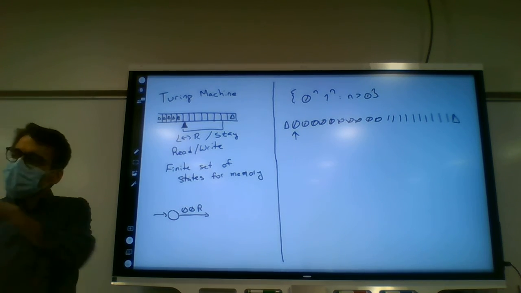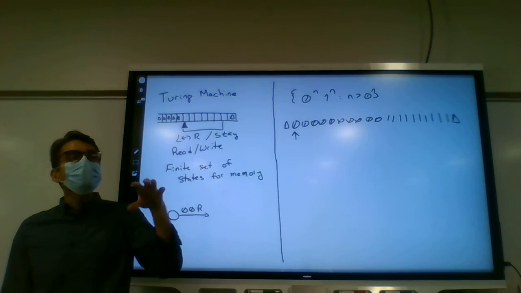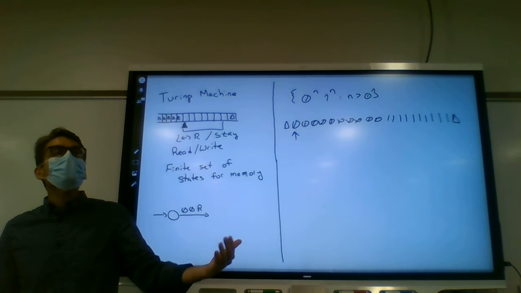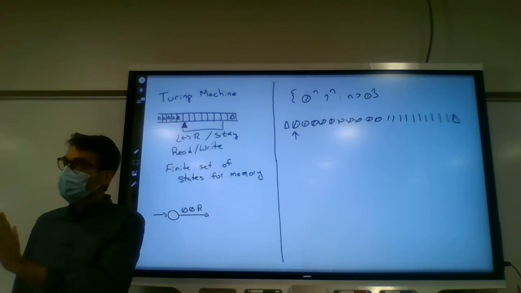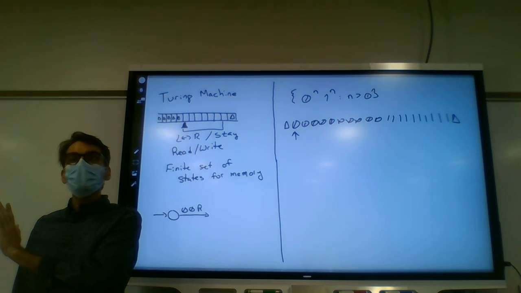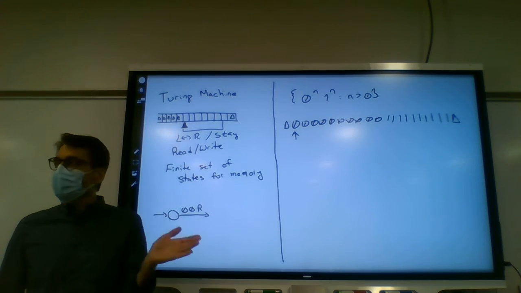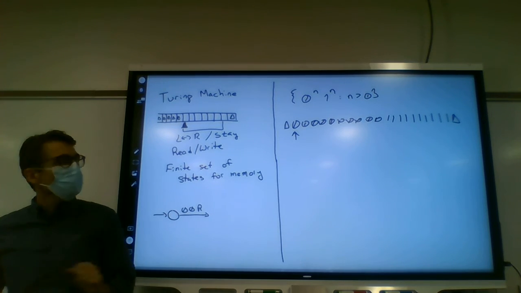Yeah. So let's take that idea, right? What are we allowed to do now? We're allowed to do something more than we were allowed to do before. Before, once you used a symbol, you couldn't go back to it. But now we're able to move back and forth. You can compare things, you can look at things, and so on.